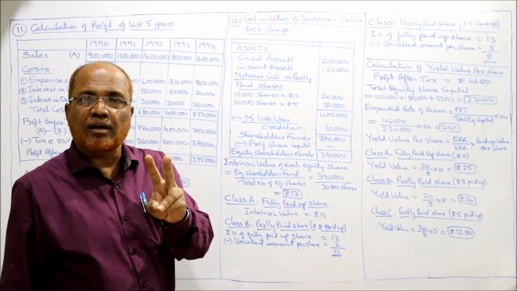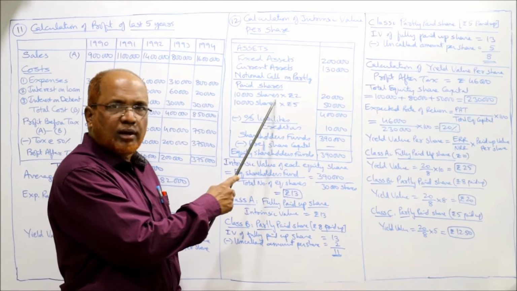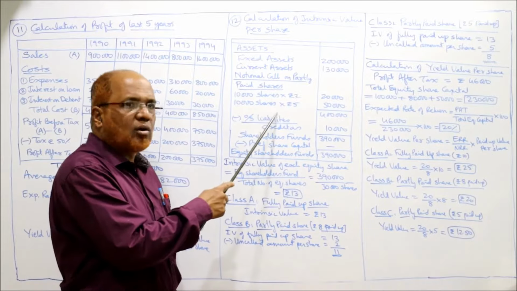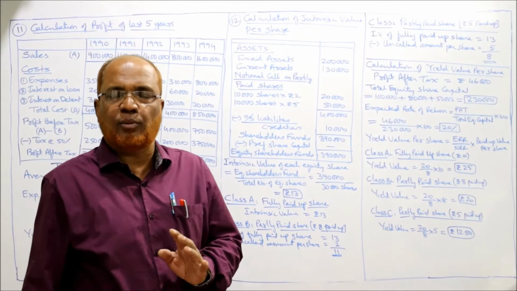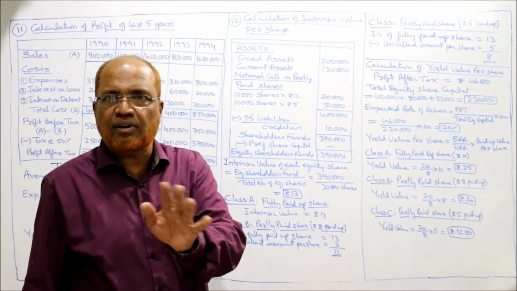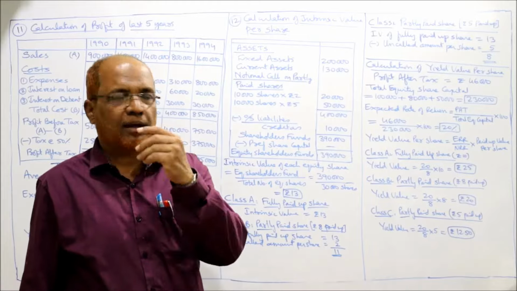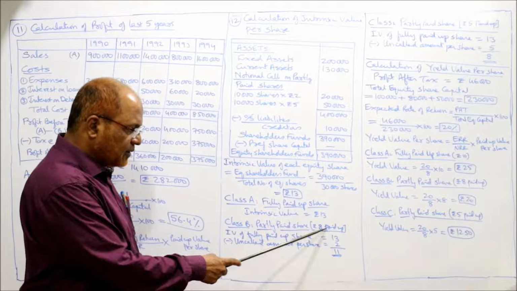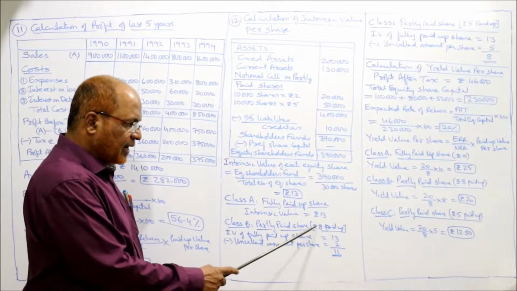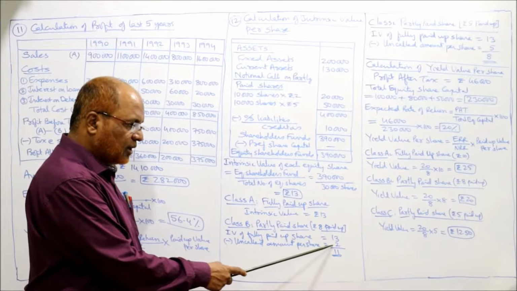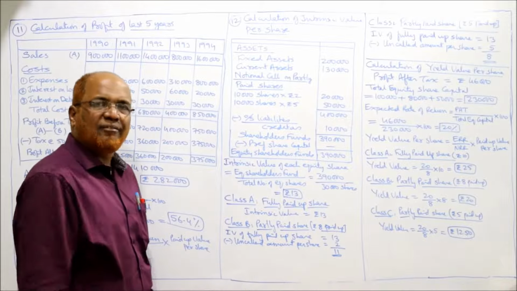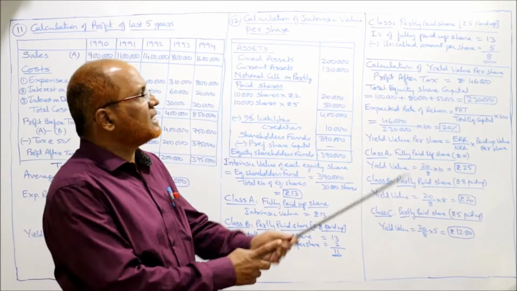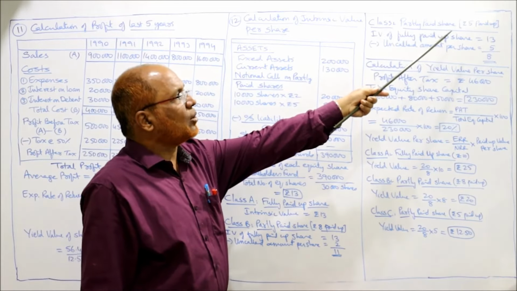2 रुपीज कॉल करना है। ये इमेजिन किए थे, रियल में कॉल रिसीव नहीं किए। ये शेयर की वैल्यू मालूम करने के लिए इमेजिनरी कॉल था, ये नोशनल कॉल रिसीव्ड बोल के लिख दिए, लेकिन रियलिटी में रिसीव नहीं किए। कितना पैसा आने का है? 2 रुपया आने का है, तो 13 रुपीज में से 2 रुपीज निकाल दो। 8 रुपीज पेड अप है। क्लास B पार्टली पेड अप शेयर 8 रुपीज पेड अप, तो 2 रुपीज अनकॉल्ड है, तो 13 में से 2 निकाल दो, 11 रुपीज is the intrinsic value for B class share. अब C क्लास शेयर पार्टली पेड अप शेयर ₹5 पेड अप,